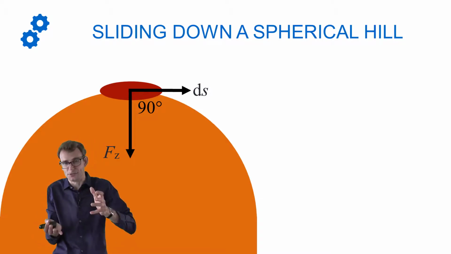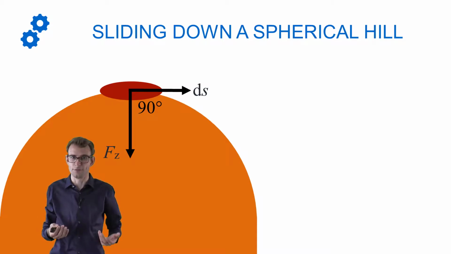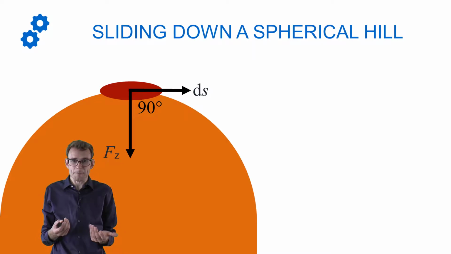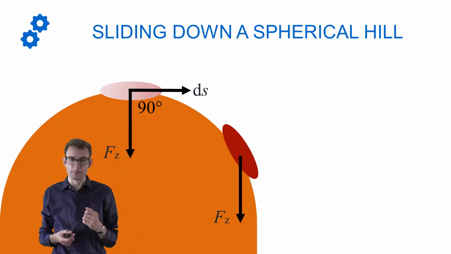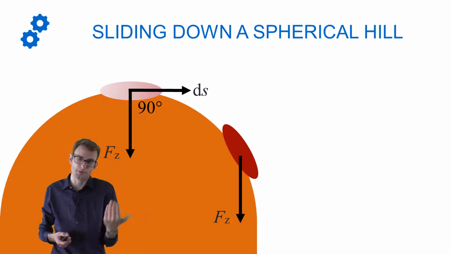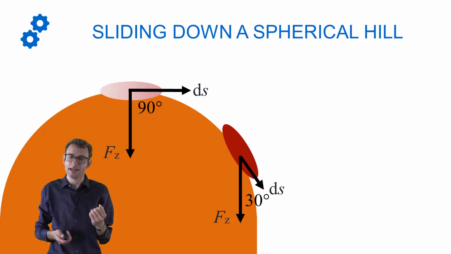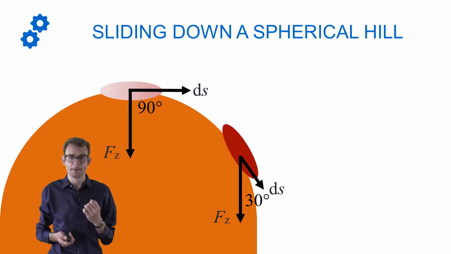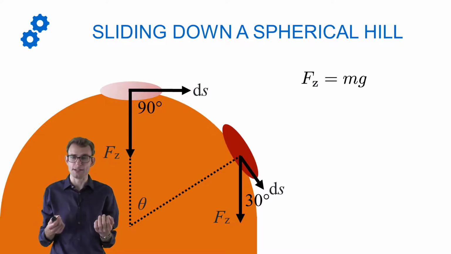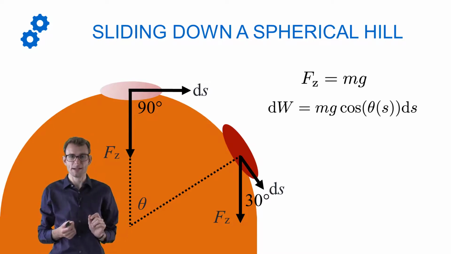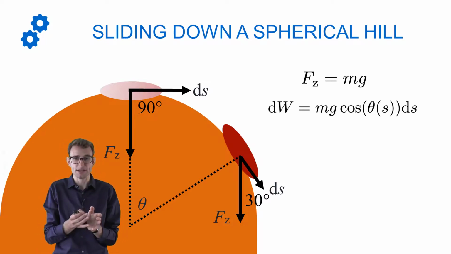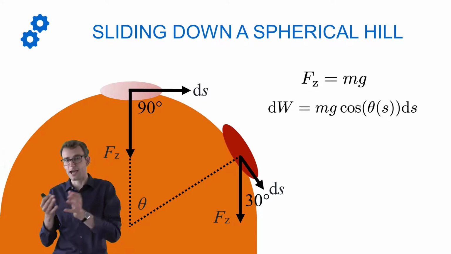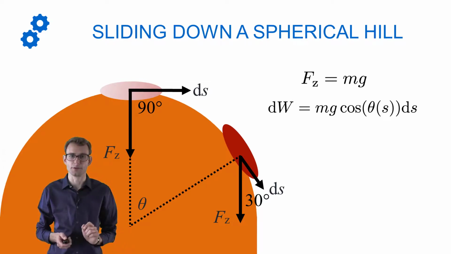And I actually had to tilt the ball a little bit to make the block slide in the first place. However, once it started sliding, there is a component of the displacement that's along the force, or a component of the force that's along the displacement, same thing, and then we get work done. So if we want to calculate this, we can use the same trick. The amount of work for a small displacement is the force of gravity, m times g, times the cosine of the angle, times the magnitude of this little displacement along the surface.